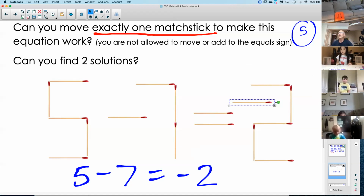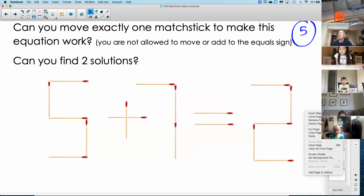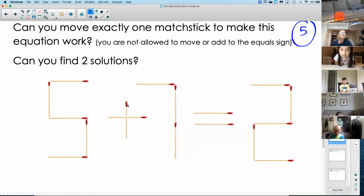Now, Gabby, here's what I'm gonna have to do. I'm gonna go to my other page, and I wanna ask anybody, do you think there's something we can do without making this a -2? If we take away the plus part and make it a minus sign, can anybody tell me what we might want this number to be? Allie, do you have that idea? What could this number be here,